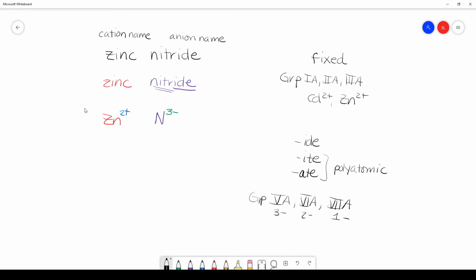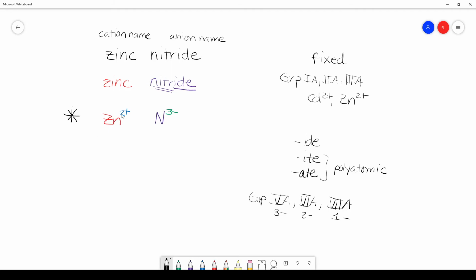So we have now written our ions with their charges, and that is the biggest deal with ionic nomenclature, because once you get here, like I said earlier, it is simply writing down the name of this zinc ion and the name of the nitride ion. And I just went backwards, so let me try this again, because we're going from name to formula. We already had the name, I realized as I was saying it. So let me say that again. It is still a very big deal. That part is still the case.